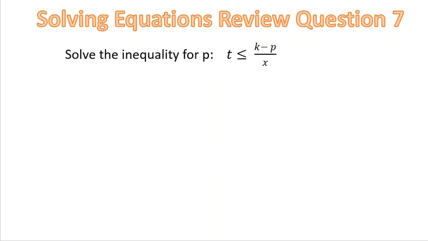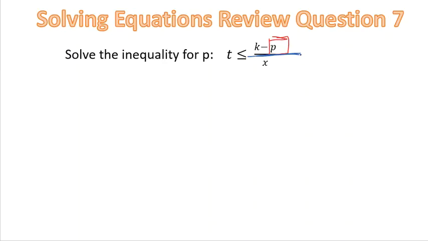Solve the inequality for p. So right off the bat, let's make a box around p. Remember that that is a variable that you are trying to get by itself. We have t is less than or equal to k minus p, all divided by x. Since this entire side is divided by x, we have to undo the division first before we can move